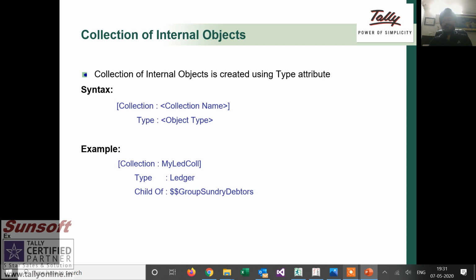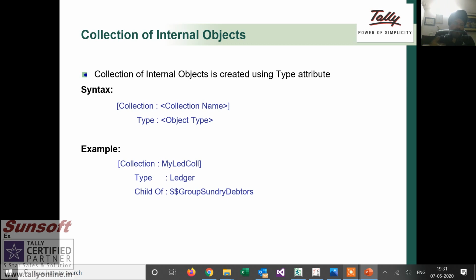Now we come to this: this is a collection we created ourselves, we created the objects ourselves, and we added the objects to the collection and we printed it. Now the internal collections are, first, for all those who are familiar with Tally, ledgers, a list of ledgers. So Tally has a collection called ledger.